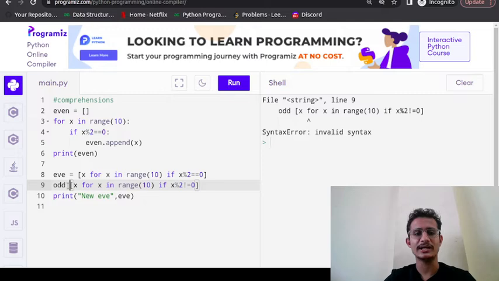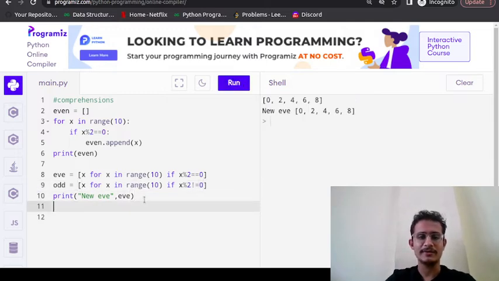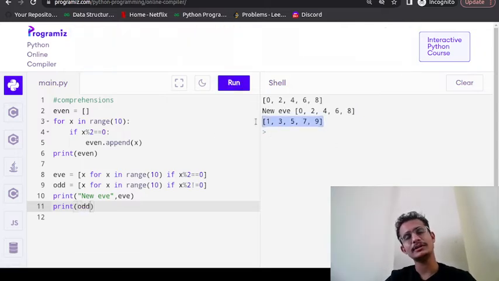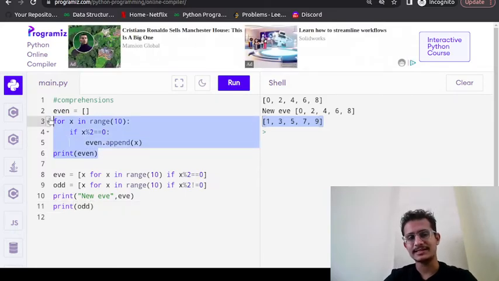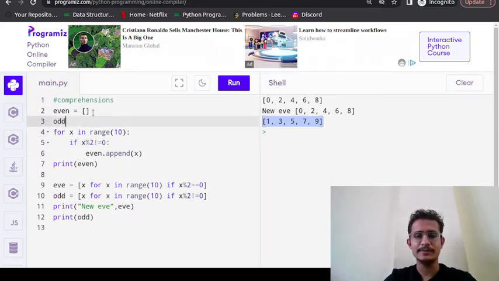Okay, equal to sign I forgot it. Okay, so now I will print odd. So you can see we have got the odd number list. So you don't have to write such a big thing. Okay, because here if you are writing for odd, so let's say this is the odd list, so what you will do is odd.append and you need to write odd.